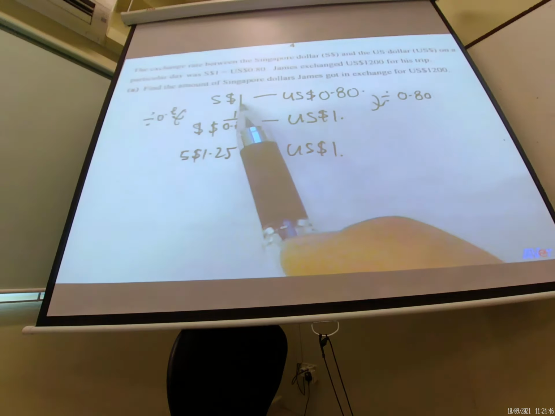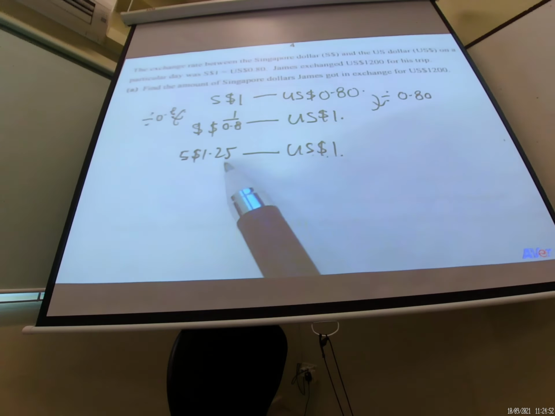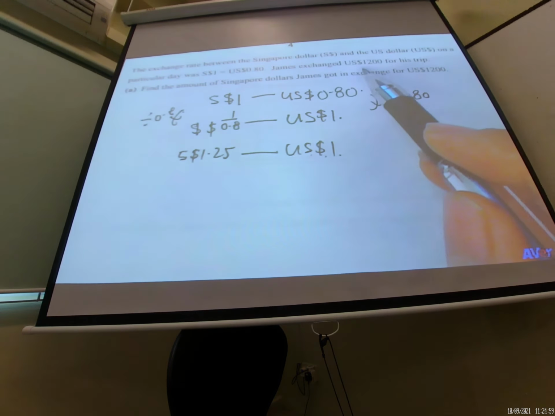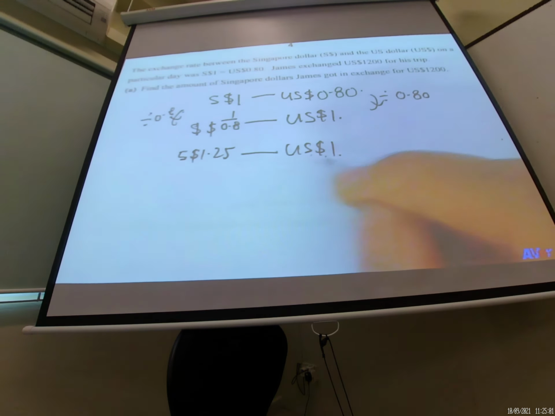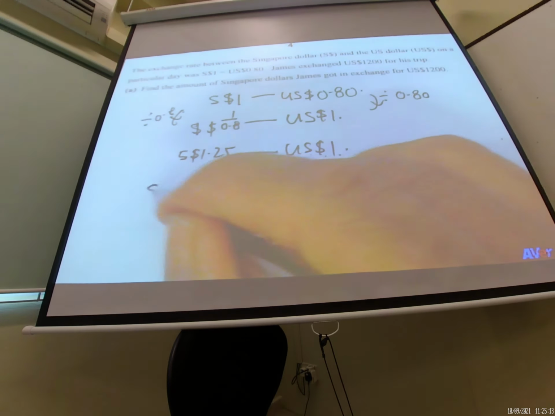Every 1 Singapore dollar is 80 cents US, and $1 US is $1.25 Sing dollar. Then James, he came to Singapore, he changed US $1,200. So instead of $1, now we want to find 1200. From 1 to become 1200, we multiply by 1200. Then to know how much Sing dollar